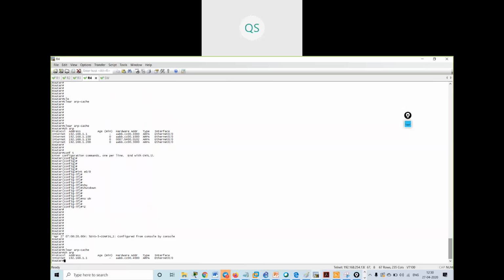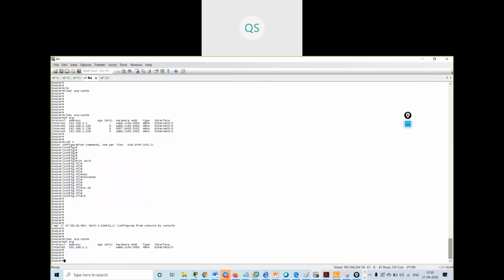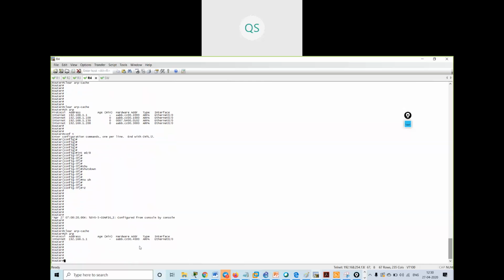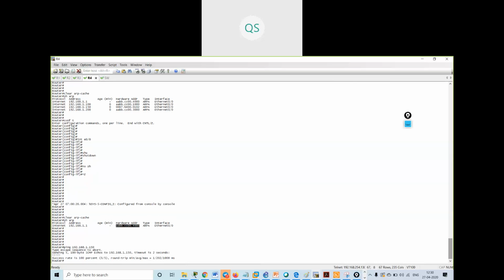Okay. See, it is showing me only my IP address, my hardware MAC address. Okay. Now, if I ping my gateway, my gateway is getting pinged.